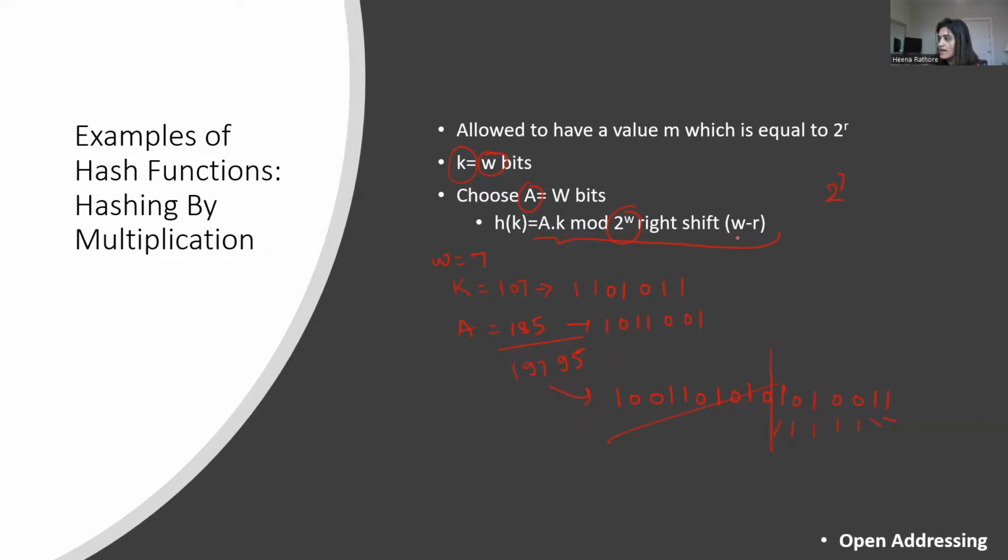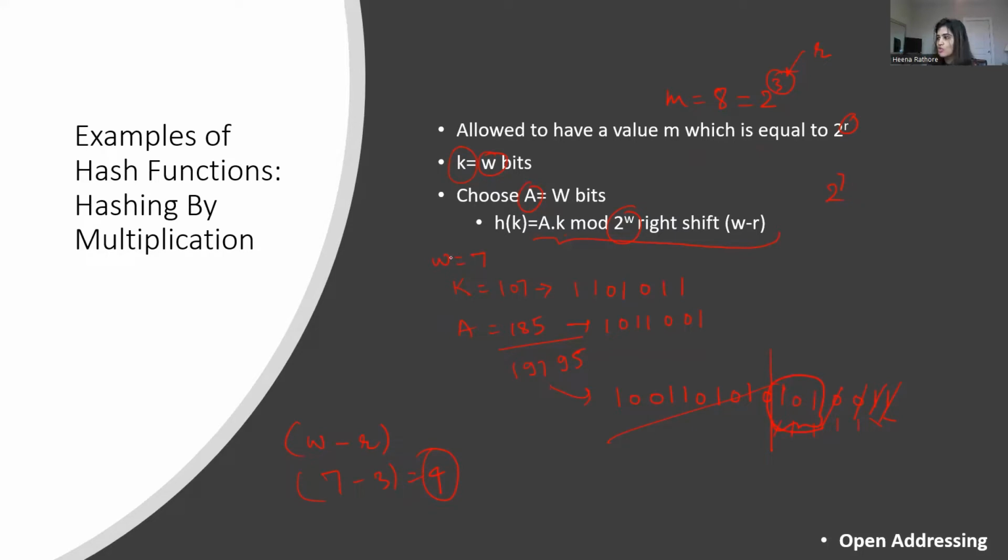Then I will apply a right shift operation on w minus r bits. So w minus r bit, here I am applying the modulus as 8. Like I choose a value which is 8, which is 2 raised to the power of 3, so which is in the form of 2 raised to the power of r, r is 3. So w minus r bit, w was 7, minus r, which is 3, equals 4. So what I'll do is I'll exclude these last 4 bits, and whatever is the resultant, that would be the